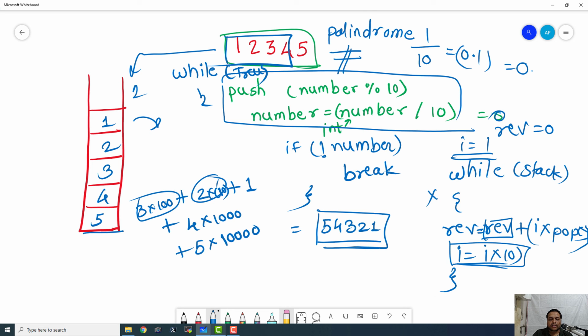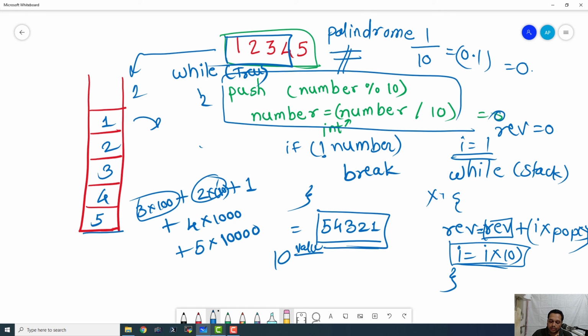So this is how we can compute if a number is palindrome or not. First of all, we have to reverse it using all this technique. First of all, we have to push all the individual digits into the stack, and then we have to take them out. Then we have to multiply them with the positional value of 10 raised to that value.